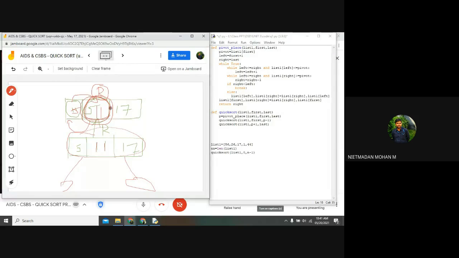Now quicksort(list1, first, last) will have last become p minus 1. What is this? p minus 1 is the index value of 0, right? Yes.